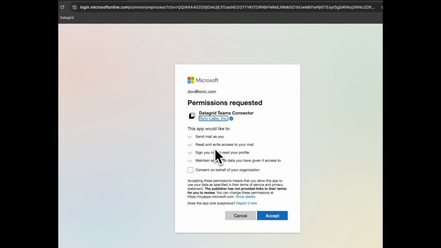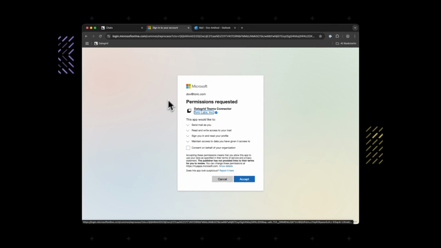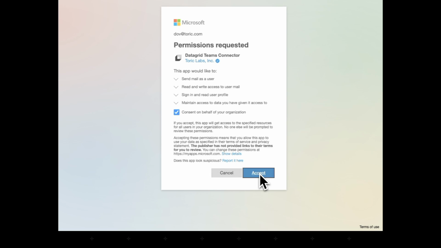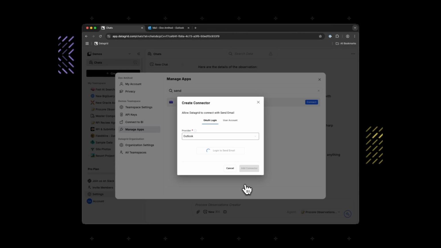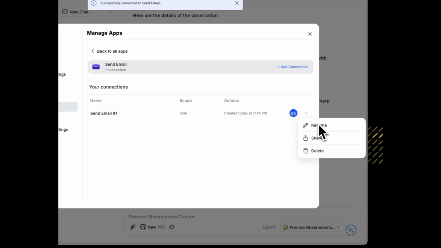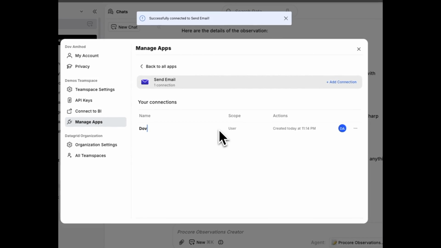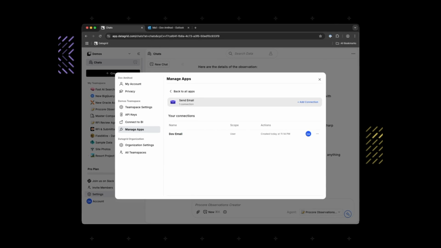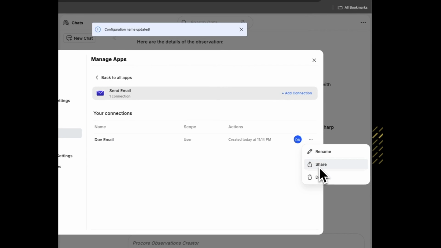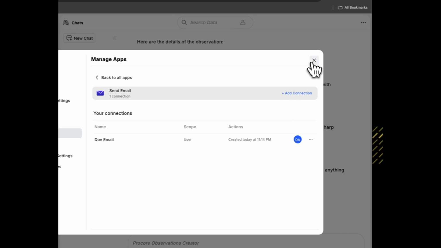Your first time connecting, you may notice that you'll need your administrator to grant permission to the app, but to request that permission, or if you have the ability, accept it and continue. One thing that you should note is that there are scopes on connections that are established in Datagrid. So in this case, this is configured to be at the user scope, but I could also set up this connection to be shared with my team space, to be shared with other agents that other people are going to